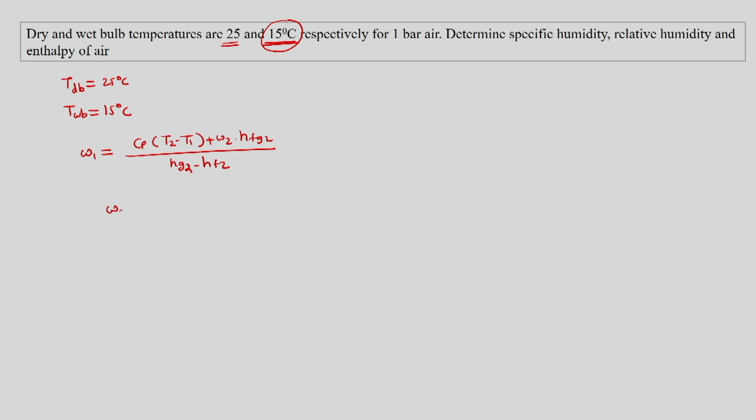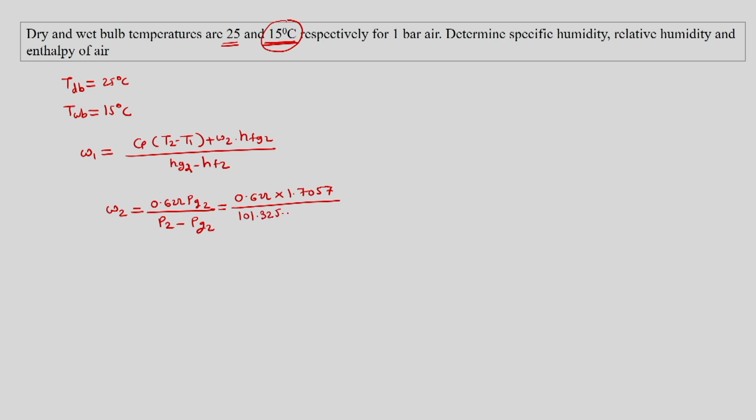So for that omega 2 is 0.662 Pg divided by (P2 minus Pg2). So under the assumption of saturated air, we can find the saturation pressure for 15 degrees Celsius, and that pressure is 1.7057 kilopascal,